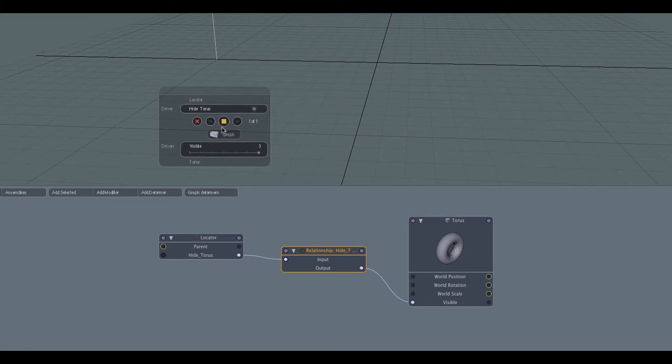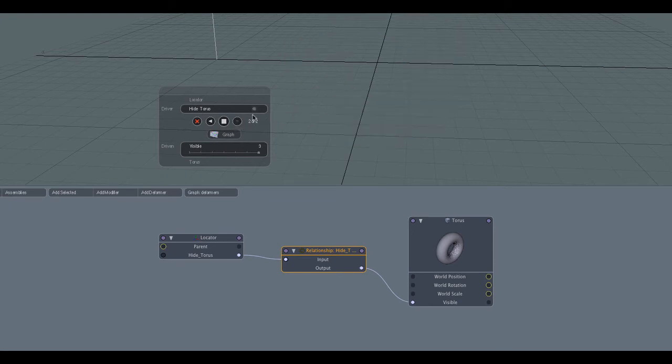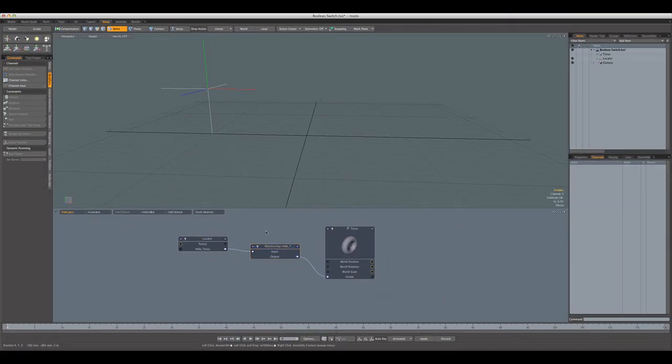Now you'll see this little square in the center is turned yellow, and that means that we need to be able to set a key for that. So I'm going to click that, and now we've set a key. So we have two keys. We have when the Boolean is unchecked, the torus is going to be visible, and our other key is when it's checked, the torus is going to be invisible. So I'm going to hit space to drop this,